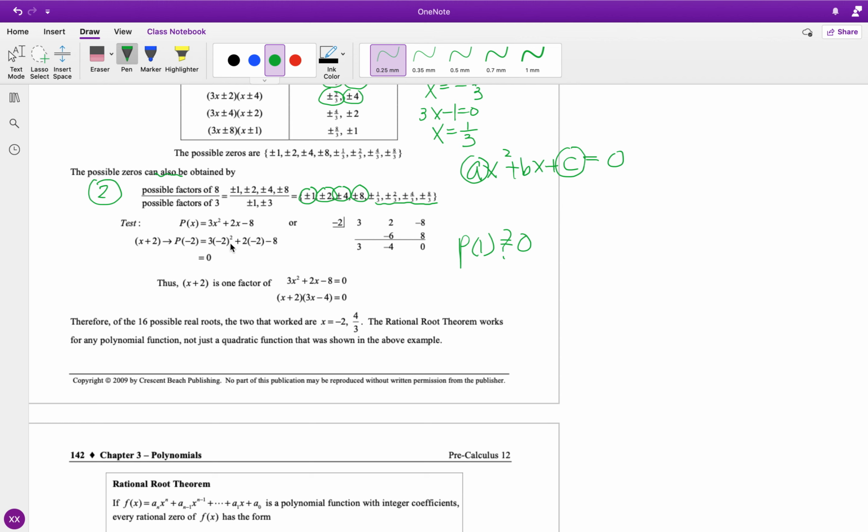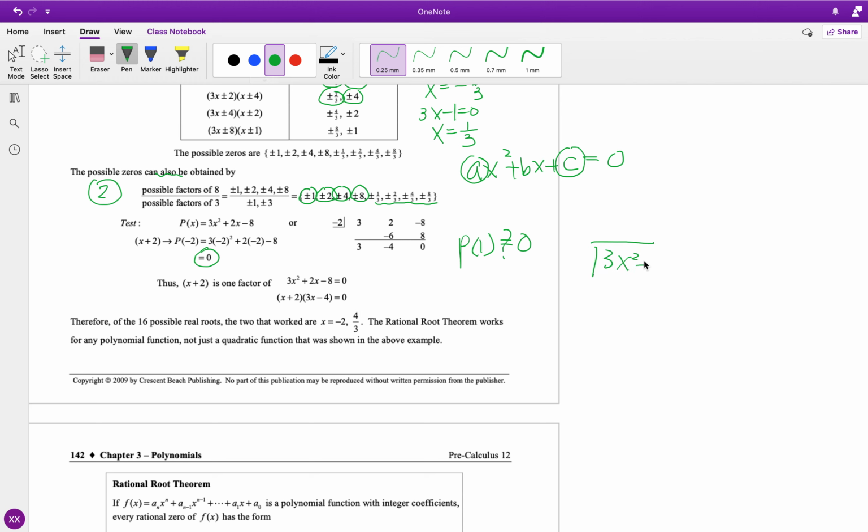So then negative 2, this is positive 4. And then this is positive 12. And then this is negative 4. And this is negative 8. Oh yeah, finally, this is 0. All right, so now if this is 0, then you can use